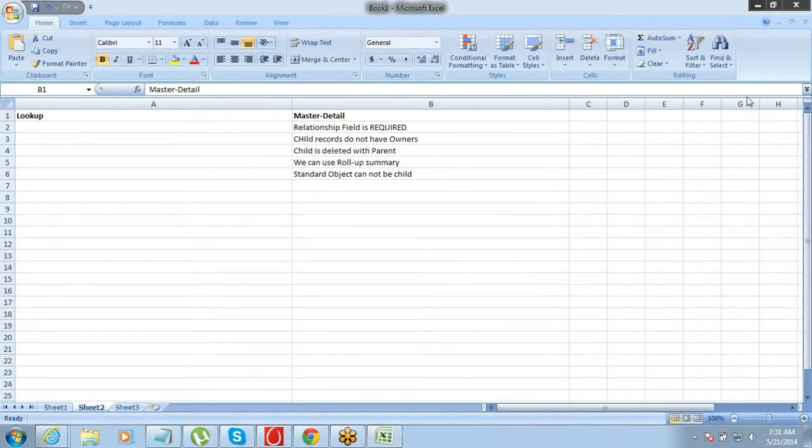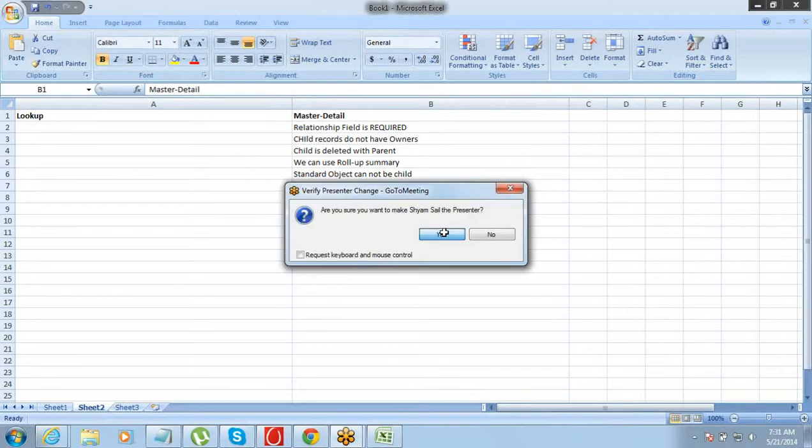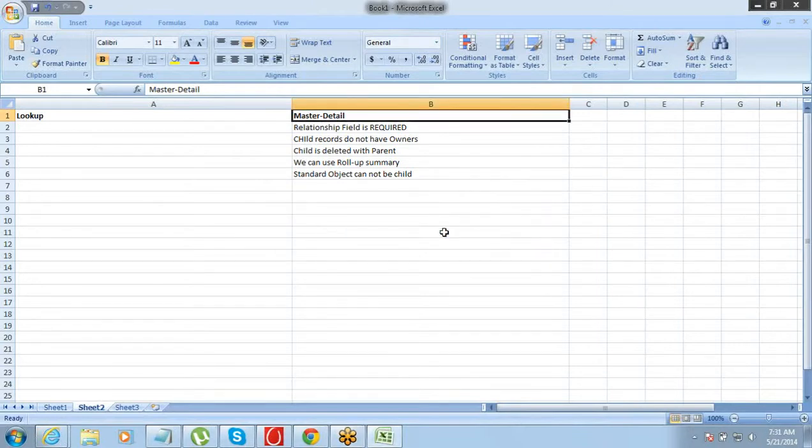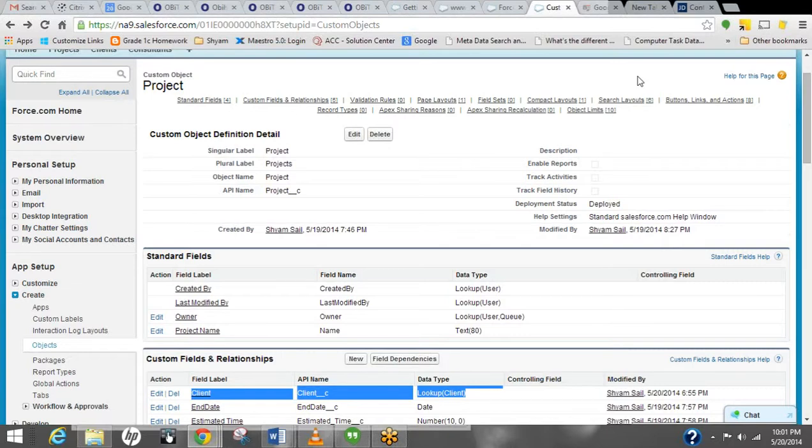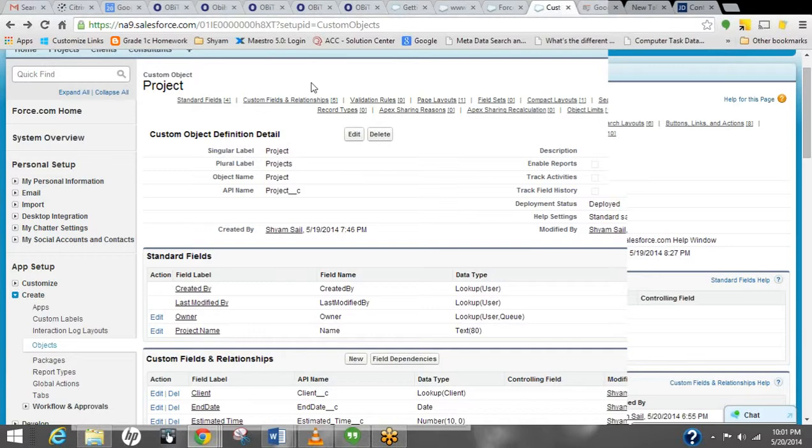You want to take over? Please share your screen now. Can you see it now? Yeah, the field is created, that's fine. Yeah, but when I go to my project, I don't see that field.